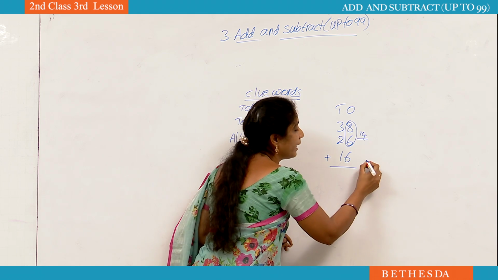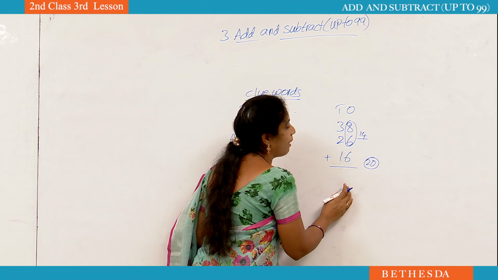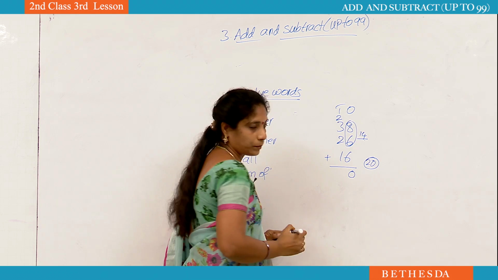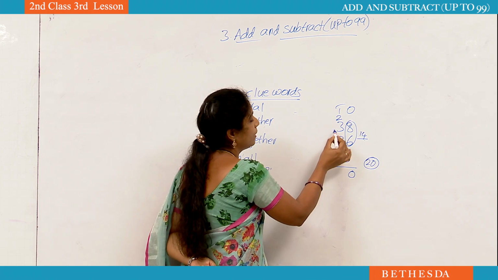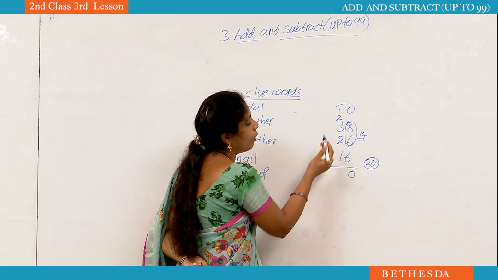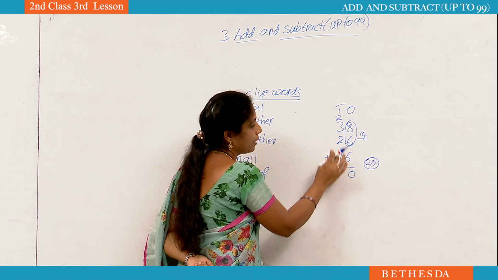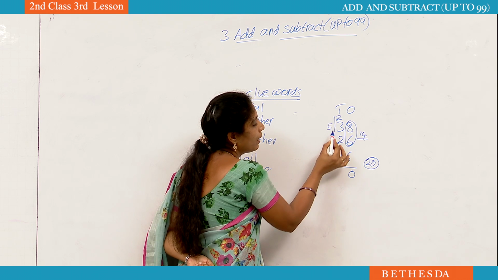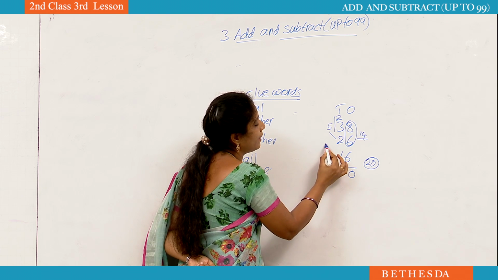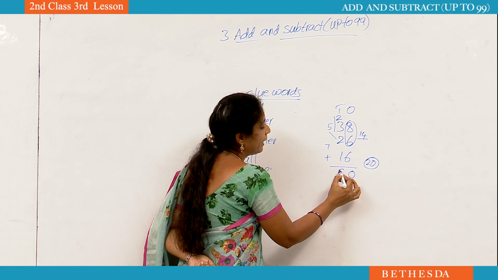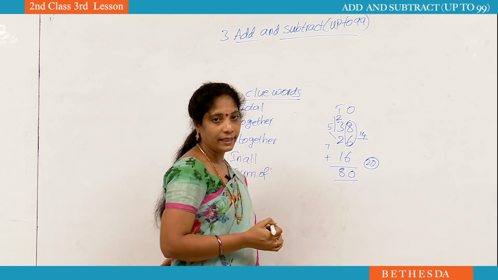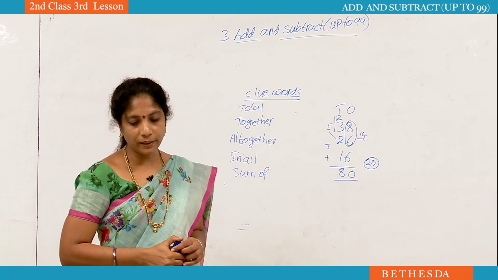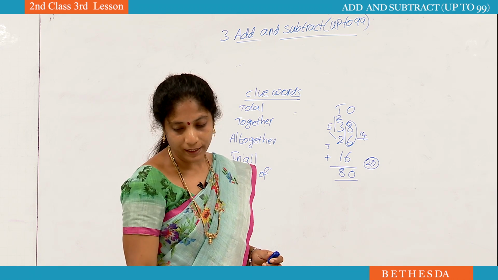We got the 20. In 20 we are having 2 digits. That's why we have to write 2 up, 0 down. Now go to tens place. Here we find out the 4 numbers, not digits, 4 numbers. Now we have to add first 2 numbers. 2 plus 3, 5. Again 5 plus 2, 7. 7 plus 1, 8. Now what is the answer? 80. Did you understand how to do 3-digit numbers? Yes, you can complete 3.8 activity by this.